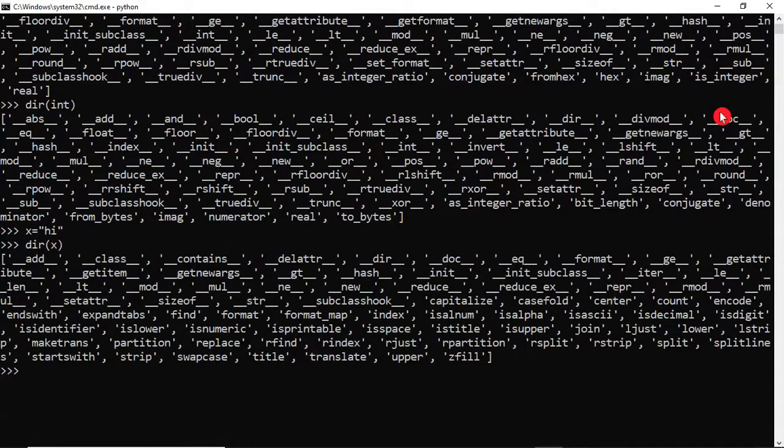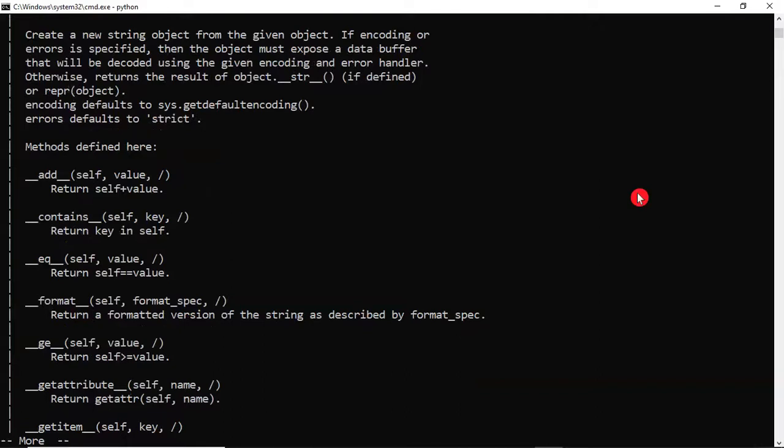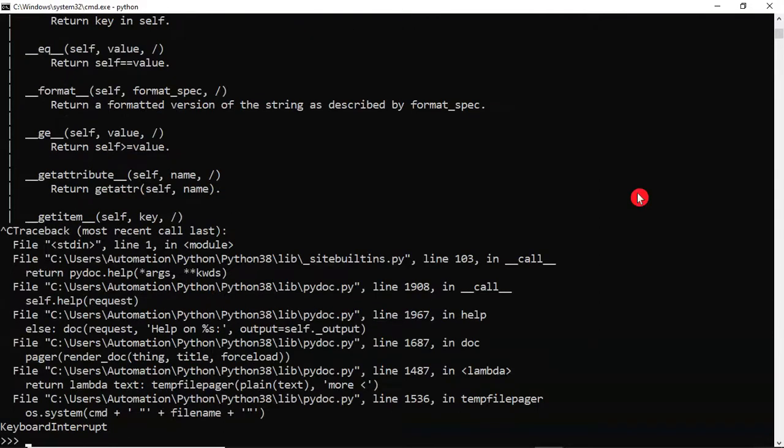That's it. Same way, help of string. Now press Ctrl C to stop that, then type exit, then parenthesis and then enter.